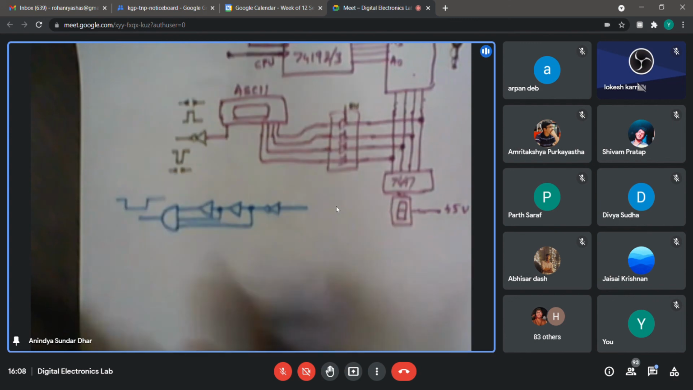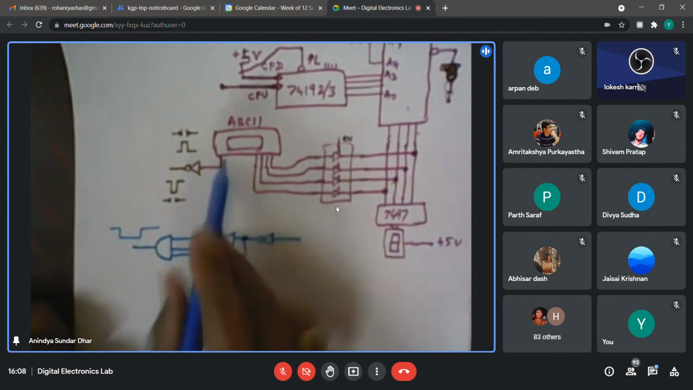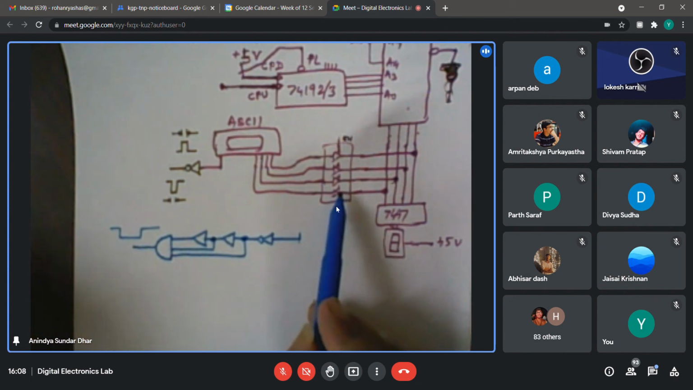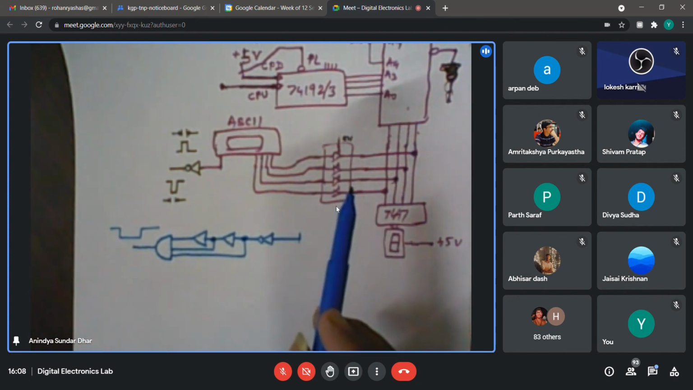So if I feed that signal which is generated from that ASCII strobe into, I mean, where I am supposed to feed it? I am supposed to feed it at the enable as well as in the